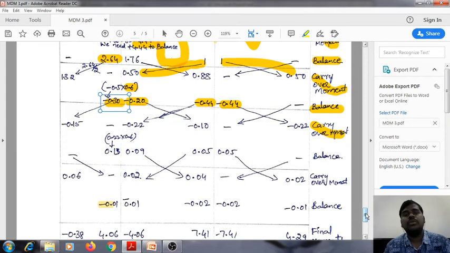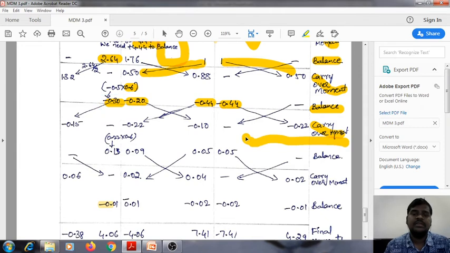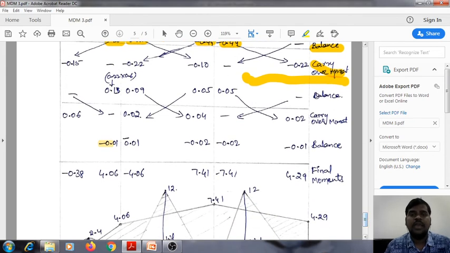And again we have to maintain the balance. Why? Because after adding all these up to carryover moment, we have to add all moments again, 1.32 and up 1 point something and minus 0.15. So after adding this, if we get the same answers at B and C, it is fine. Otherwise we have to go for balance again. So again we have done the balance, and again carryover moments are found, and also again we have done balance here. The same procedure which is adopted in step 1, sorry, iteration 1, iteration 2, this is iteration 3.